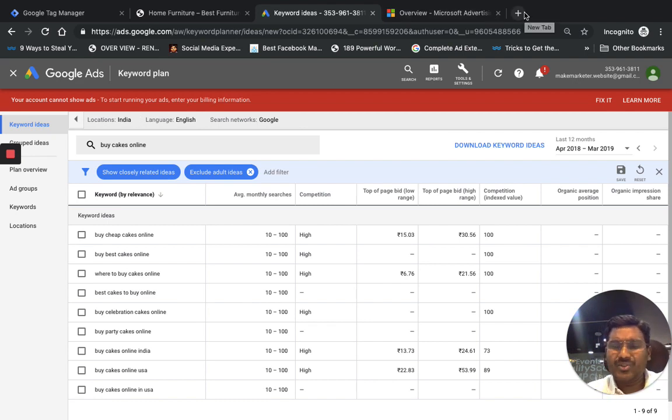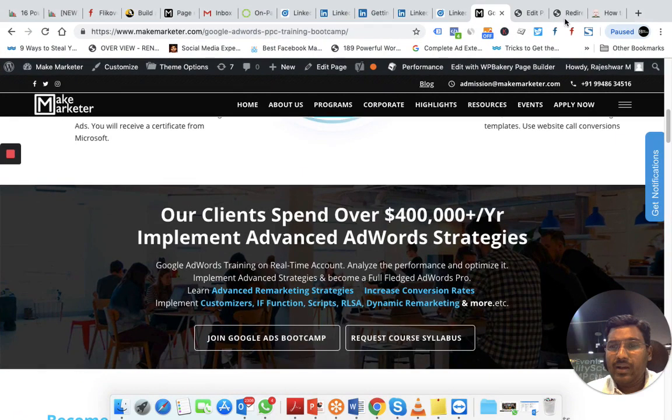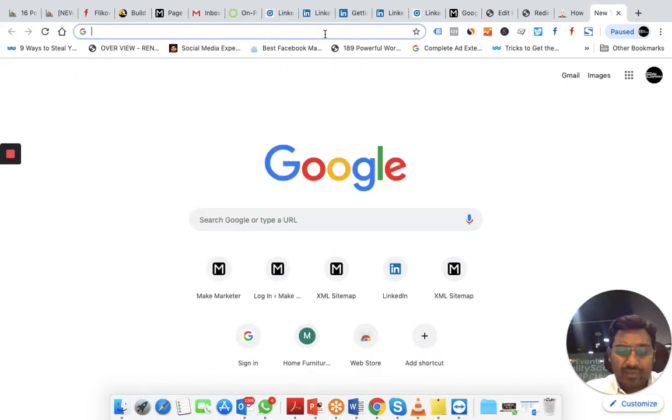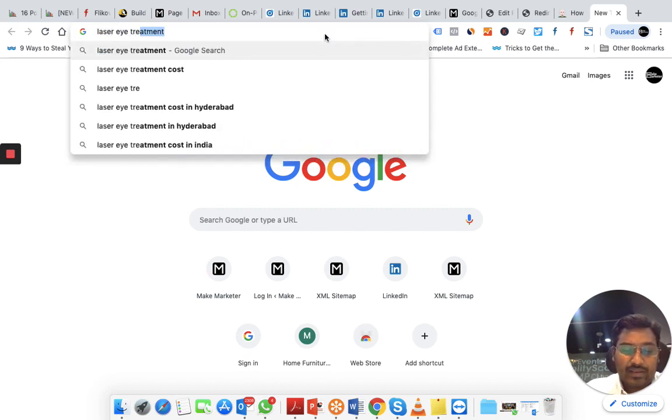Second thing is not just this. There are many other tools. Ubersuggest, like I said, you have WordStream, and I generally recommend you to use this one. I'll just show you. There's something called Keywords Everywhere. For example, if I go and type in something like laser eye treatment in Hyderabad,